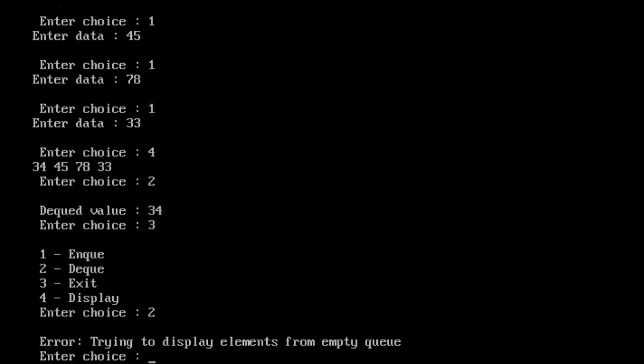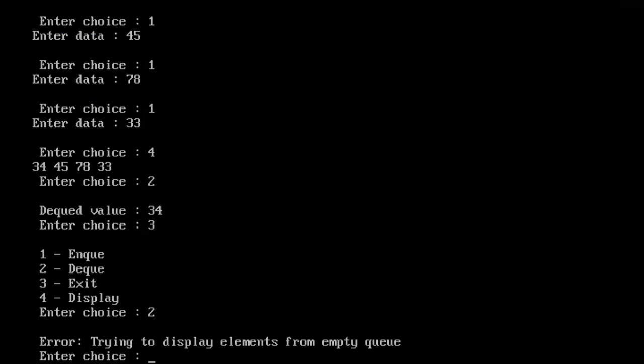The error message is displayed because we are trying to display an element from an empty queue. I am running this program twice, but the memory which we created for the first run has vanished.